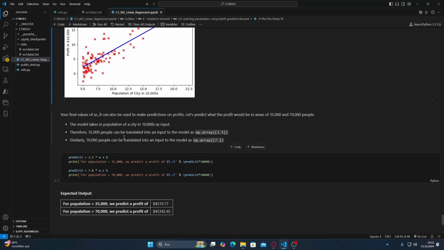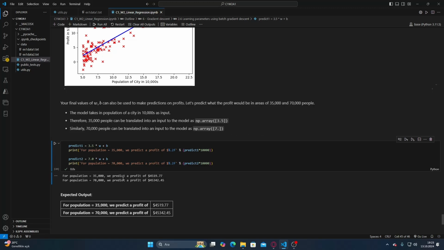And the final values of w, b can also be used to make predictions on profits. Let's predict what the profit will be for areas of 35k and 70k people. The model takes population per 10k as input. Therefore, 35k can be translated into the input to the model as numpy.array 3.5. Similarly, 70,000 people can be translated into the input to the model as numpy.array 7. Then if we run this one for the